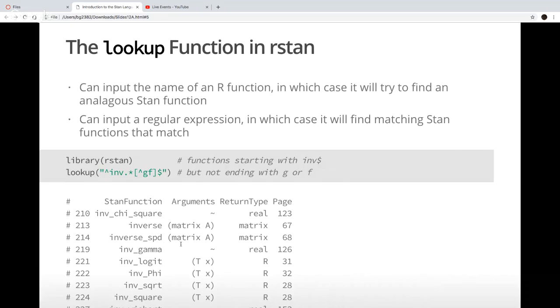So if you put in something like starts with inv but doesn't end with g or f, you get back all these Stan functions, and it says what the arguments to those functions are, what the type of the return of those functions is, and at least for now, it still refers to the page number of the PDF version of the Stan reference manual.